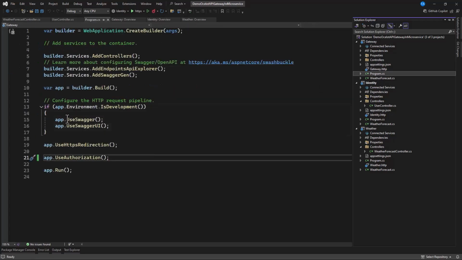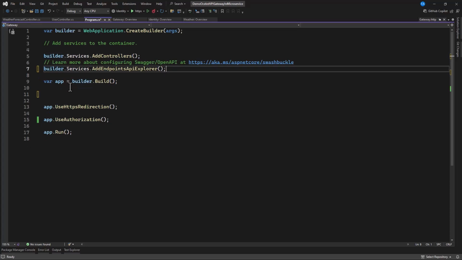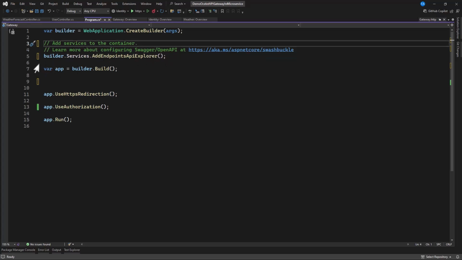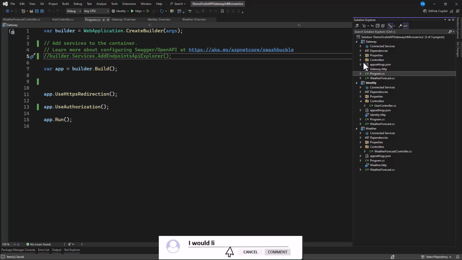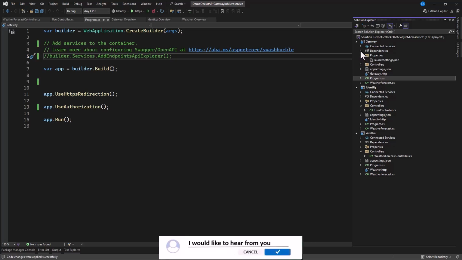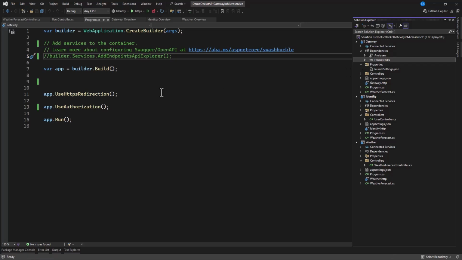We don't want to expose this Swagger, so we can remove this. So let's streamline this, and we are not adding controllers. Okay, the same thing applies to this. Now what we're going to do here is let's go to our packages, dependencies, and you can see that we have the Swashbuckle we are not using, so you can remove this package because we don't need the endpoint here. Yeah, so we have a very simple app.